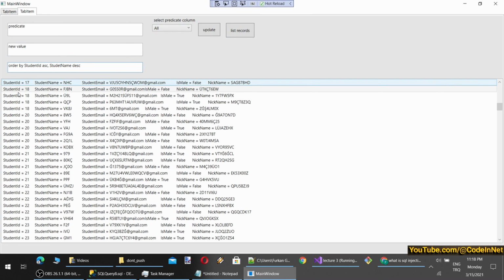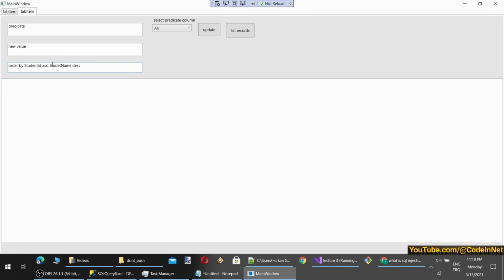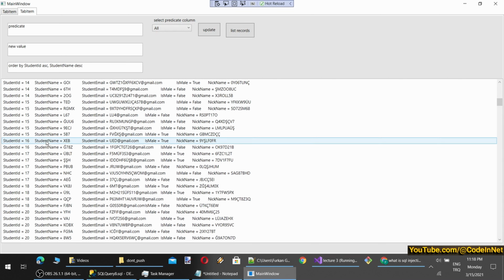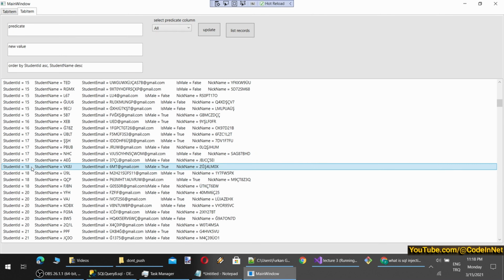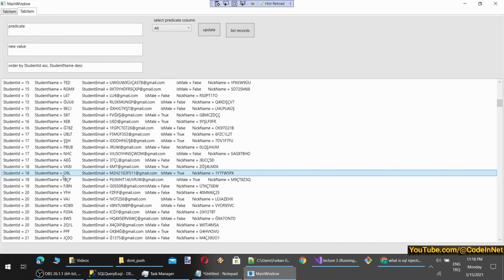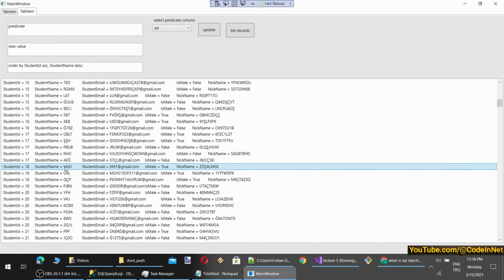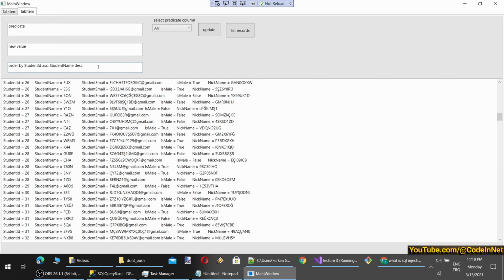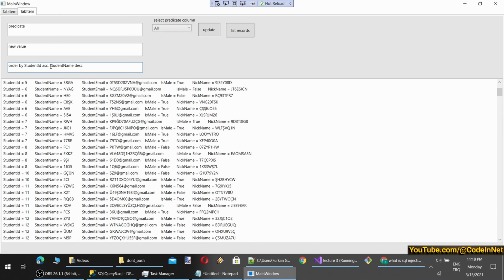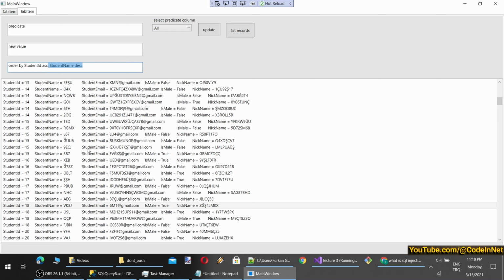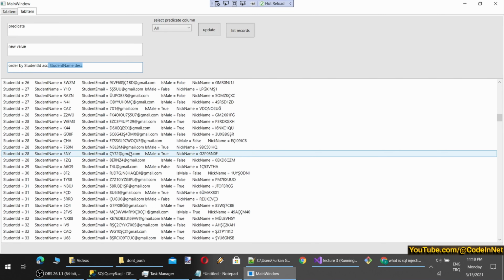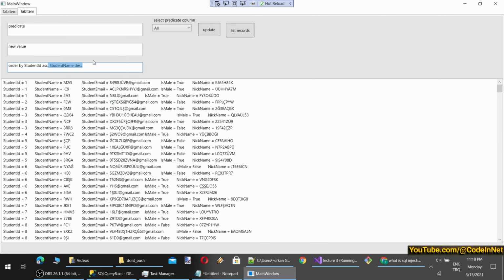So now let's check the record 18. You see now we have a problem because I have written this column name incorrectly. Now let's see, we come to the first ordering by 18, and then you see the name is ordered descending. So you can define multiple orderings. It will sort with the first value, then by the second value. Then I can even sort by a third value if there are same student names.